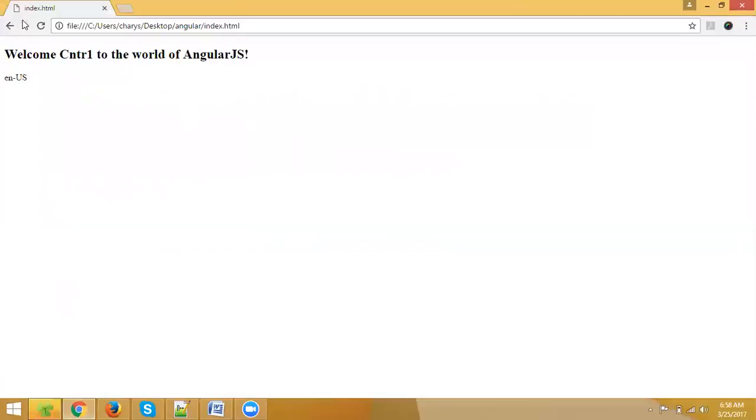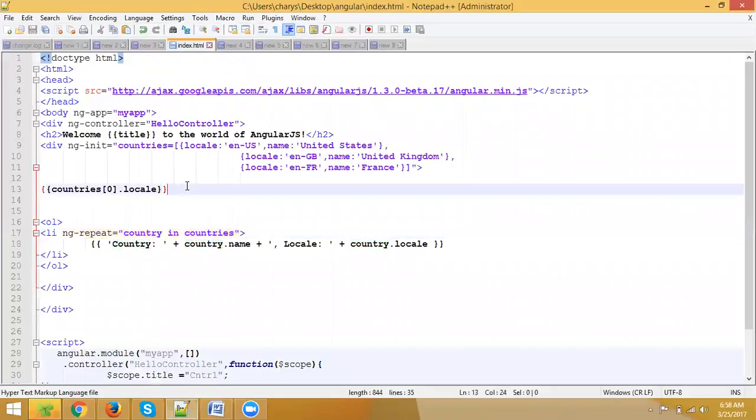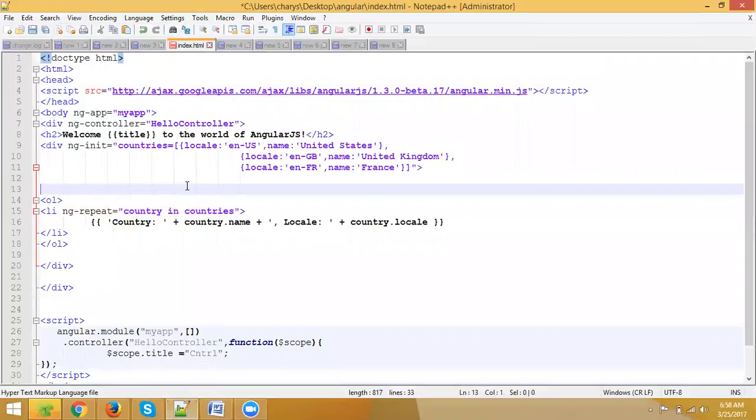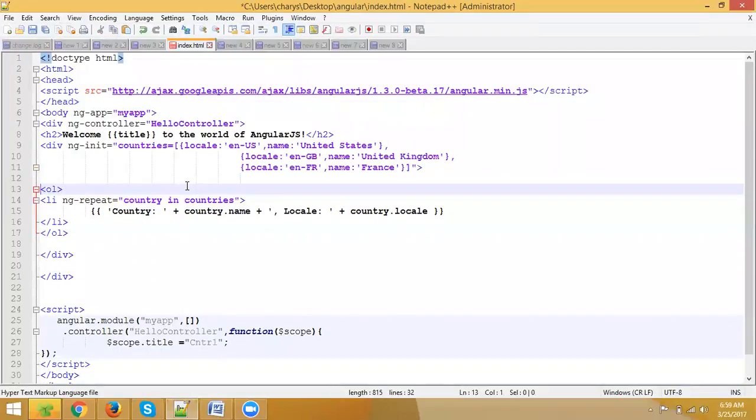Now see, right? The list of things which we have in ng-init, means if you want to create a table dynamically, here we are not depending on jQuery, right? In AngularJS, we have an attribute ng-repeat. Based on that, we can display the dynamic table. Here we are displaying using li, right? So I'll make this a table with two columns, name and